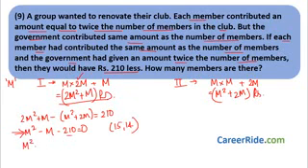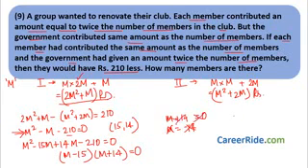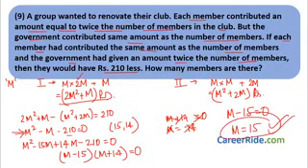So what do we get over here? m square minus 15m plus 14m minus 210 equal to 0. So m minus 15 is one factor, m plus 14 is another factor, equal to 0. Now if m plus 14 equal to 0, m would be equal to minus 14. That is not possible because the number of members cannot be negative. So this is wrong. So what do we have? m minus 15 equal to 0, so m equal to 15. So the number of members is 15.